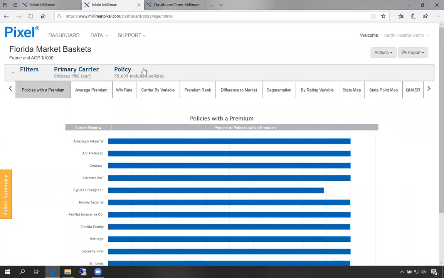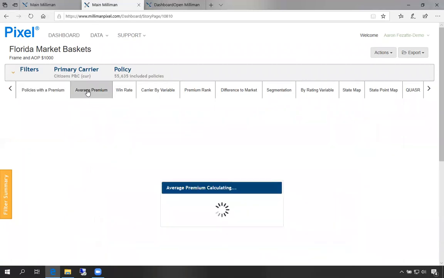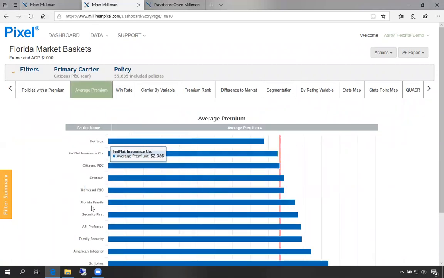Okay, so now that we've filtered that down, it goes through, and again, all of the tabs now only reflect that. So you can see these numbers changed a bit. So Cyprus is down to 89% when before it was at 92%. And your average premium chart, and again, it really applies to every single tab where it'll have the filtered policies.